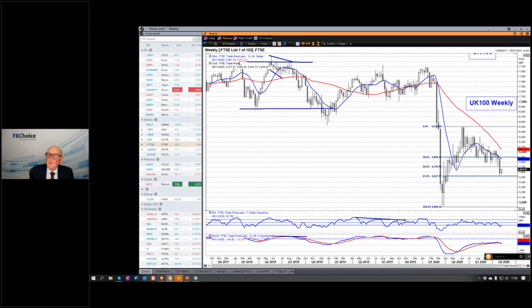I put in the measurements here, the pullback that we've had from the March low, and then measuring, just a note that we stopped the 5,520 low was a 61.8% retracement, which was very pleasurable to us technical analysts. But look at this series of lower highs here. That's a pretty bearish structure that we've got, and we've made a breakdown,